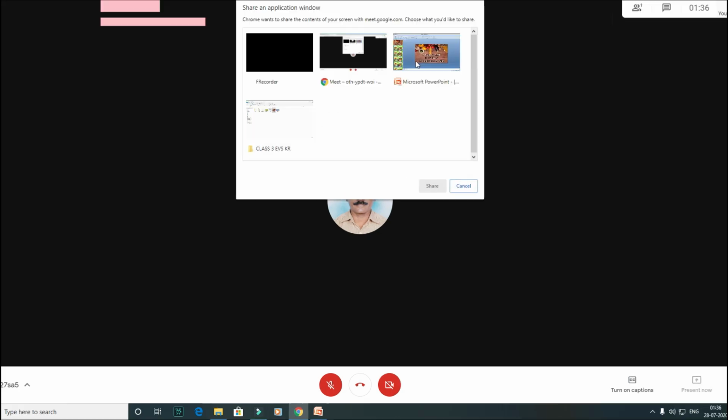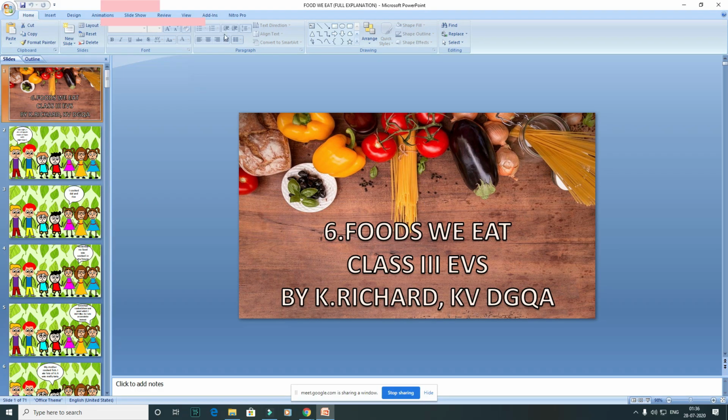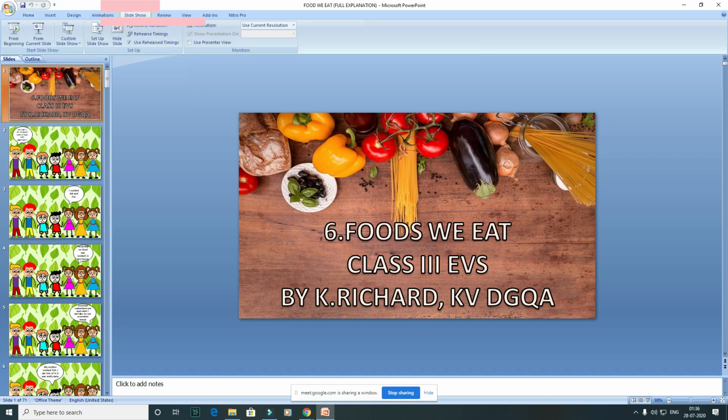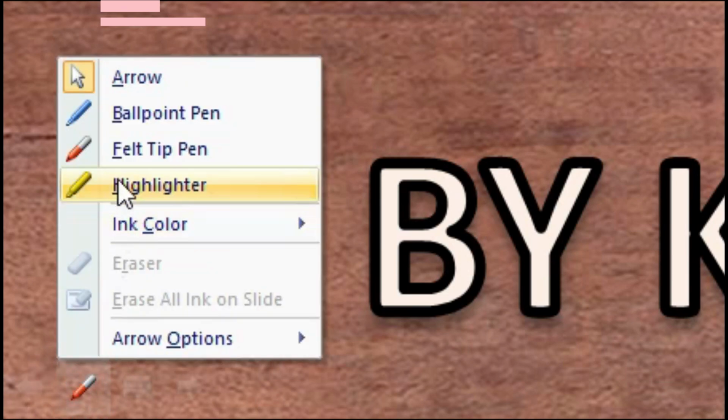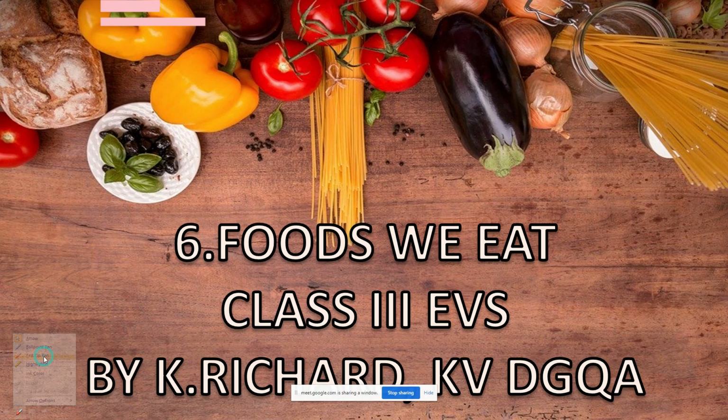Then you have to open the PowerPoint from your computer. Then just click it here, then share. It will appear like that. Then you can show the slideshow from the beginning, so you can explain this to your class children. Here there is a pen option available.